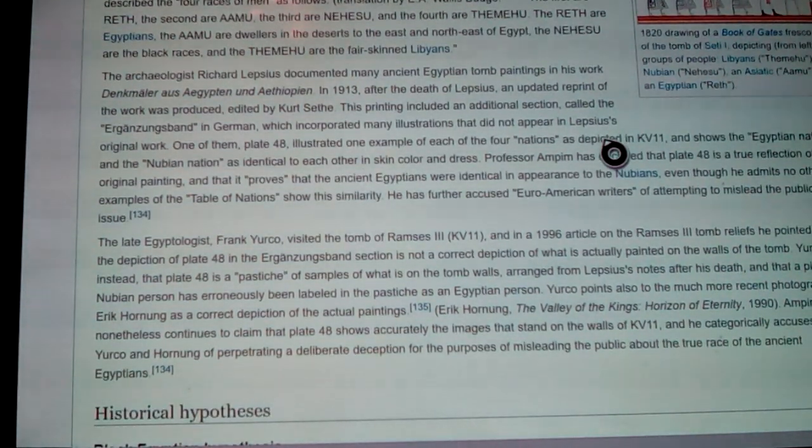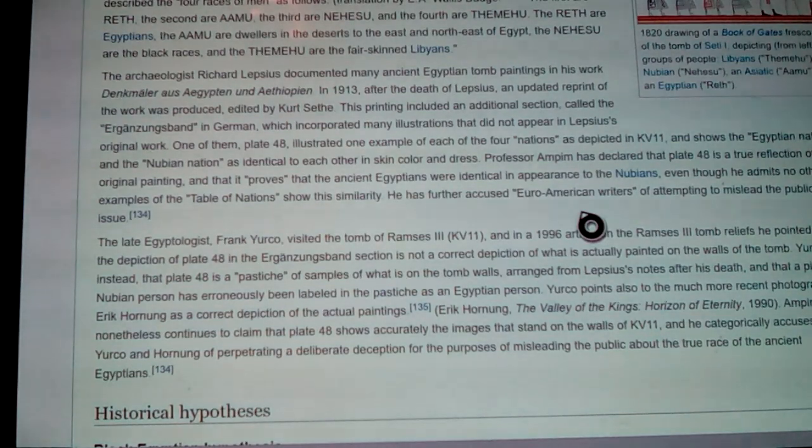But the archaeologist Richard Lepsius documented many ancient Egyptian tomb paintings in his work Denkmäler aus Ägypten und Äthiopien. In 1913, after the death of Lepsius, an updated reprint of the work was produced, edited by Kurt Sethe. This printing included an additional section called the Ergänzungsband in German, which incorporated many illustrations that did not appear in Lepsius' original work. One of them, Plate 48, illustrated one example of the four nations as depicted in KV11, but slightly different, and shows the Egyptian nation and the Nubian nation as identical to each other in skin color and